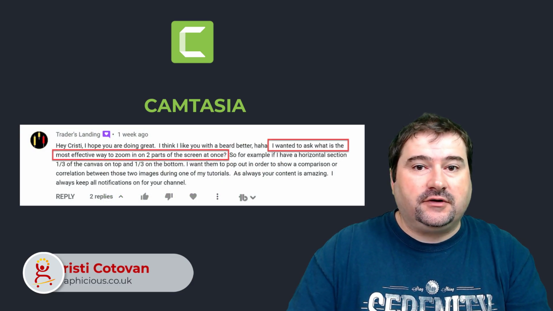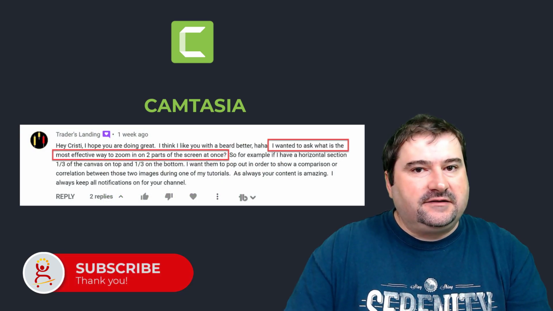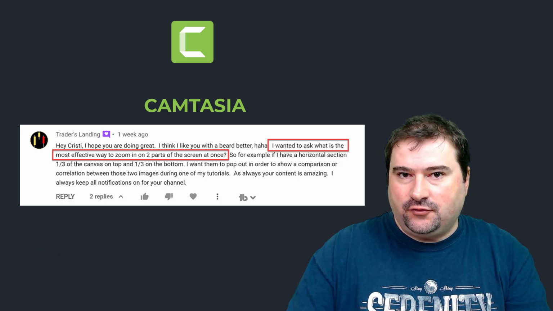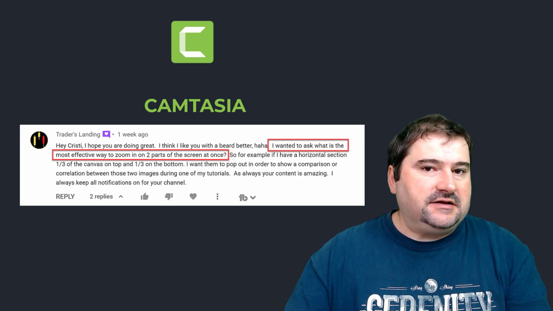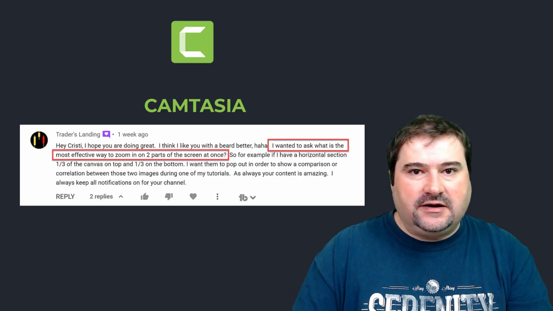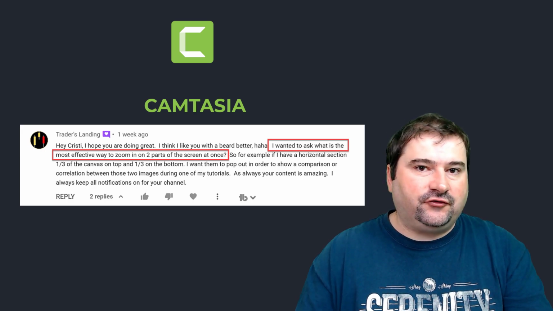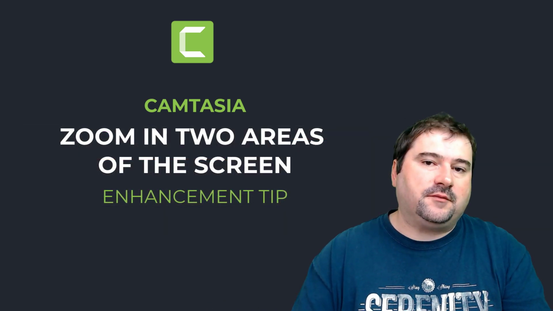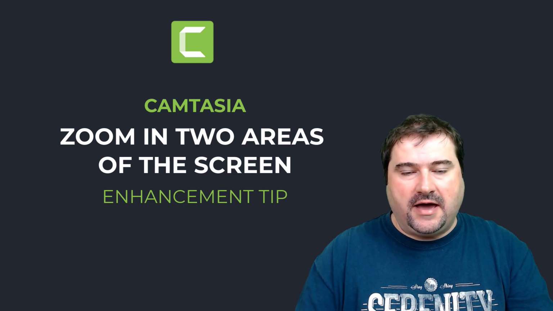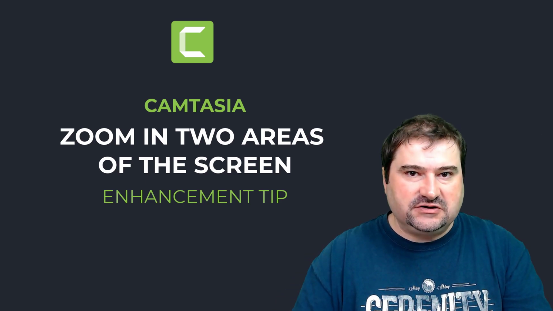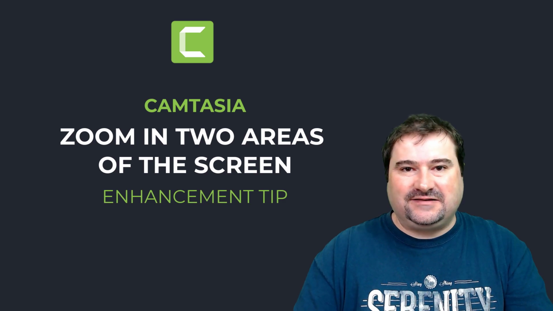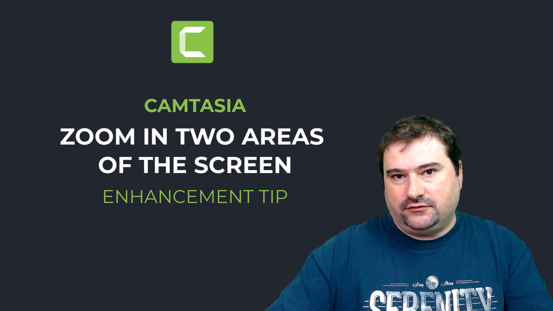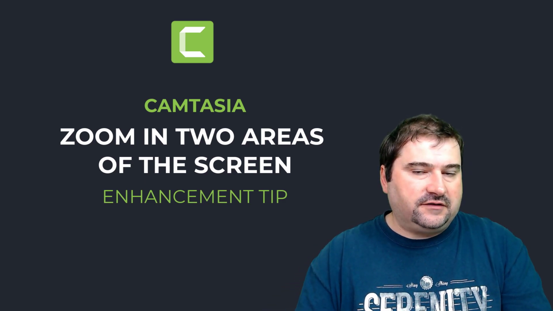This video is going to be an answer to another question I got on my YouTube channel about Camtasia. Someone asked how they can show two different areas of the screen in a video tutorial or presentation when the two areas are on opposite sides of the screen. In Camtasia you may want to zoom in on a specific area, but then you lose the other area if it's very far away from the first one. How can you show both of them, present two pieces of information and show two sides of the screen at the same time while having the screen filled up, and not losing any area of the screen? So how can you do this?